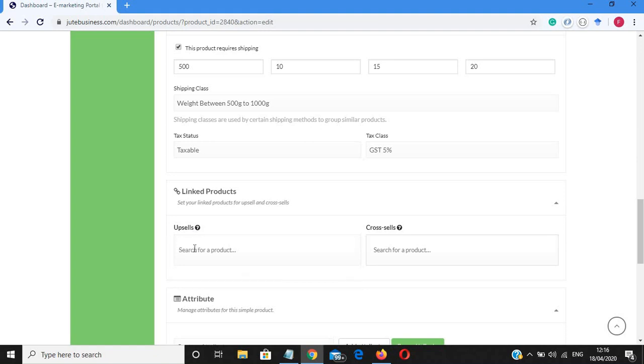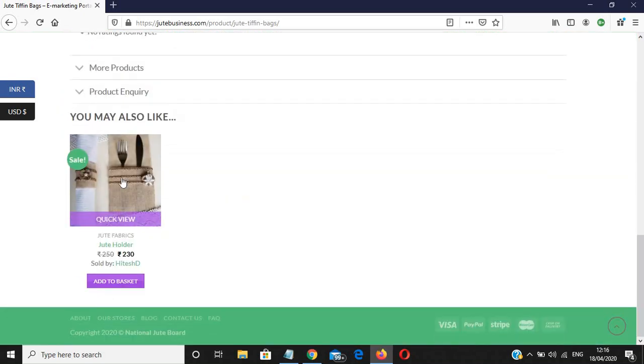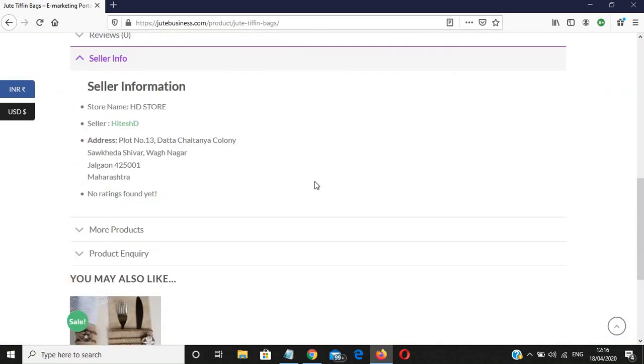Similarly, cross sell is used to suggest that the customer buy both products together. If we add another product to the cross sell section, then another section will be generated that says you can buy both products together.